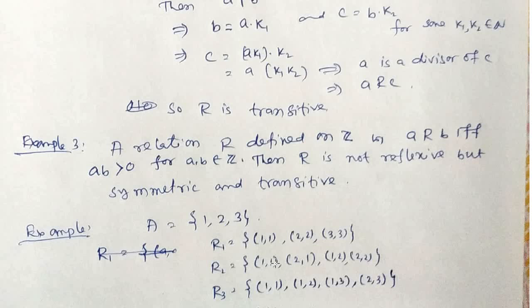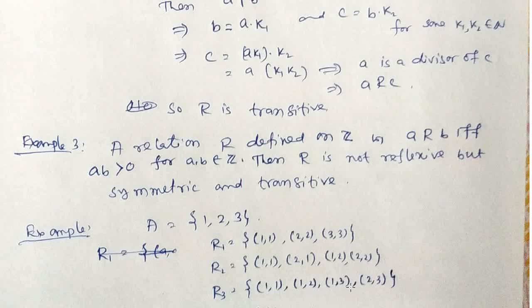Here see, 1 1 only is there, 2 2 and 3 3 are not present, so this is not reflexive, but it is symmetric, because 1 1 का reverse 1 1 ही होता है, 2 1 का reverse 1 2 that is present, 2 2 भी present. But इसका transitive होगा कि नहीं? Yes होगा, क्योंकि देखो these two elements 2 1 and 1 2 belong to it, so 2 2 belongs to it. And 2 2 and 2 1 belong to it, so 2 1 also belongs to it, so this is transitive also.